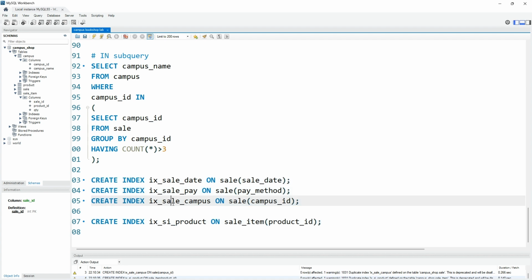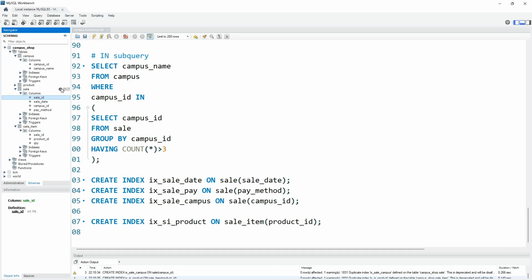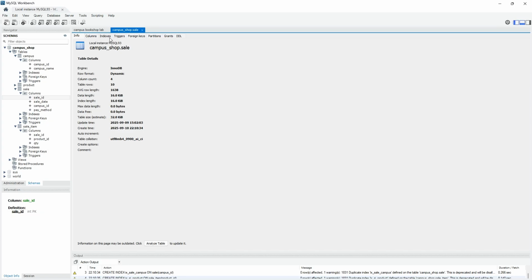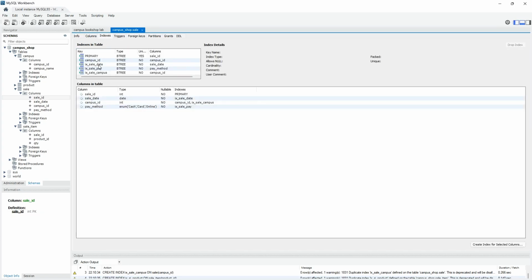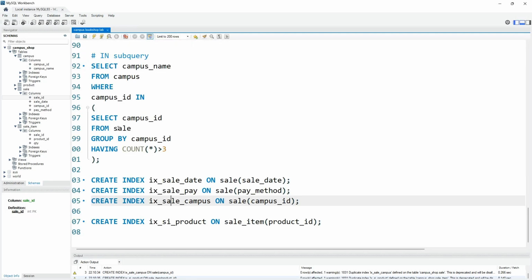And then if you go for the sale data and you click on indexes, you will see that there is a sale date, the payment, and the campus, which have been created, obviously. So thus knowing that you have created the index, obviously creating the index is good, but it's also